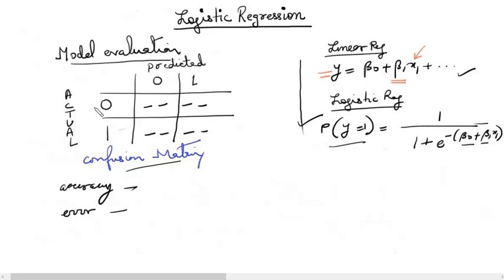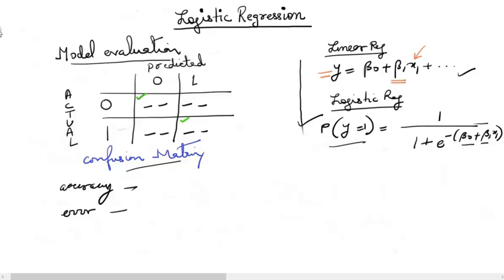So when an observation has an actual value of 0 and a predicted value also of 0, this is a good thing for us because it is actually a 0 and we are also predicting a 0 here. Similarly, this observation which is actually a 1 and I am also predicting a 1, I will give a green tick mark here representing these are good items for us, and we have seen this before. The accuracy is calculated by adding these two numbers divided by the total.